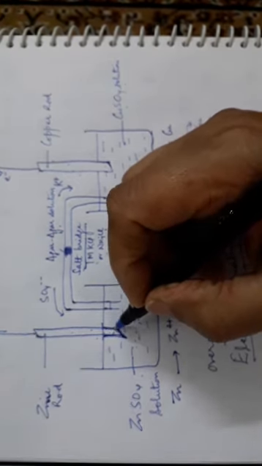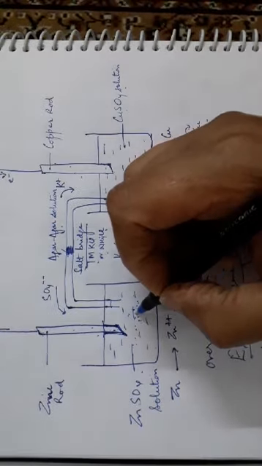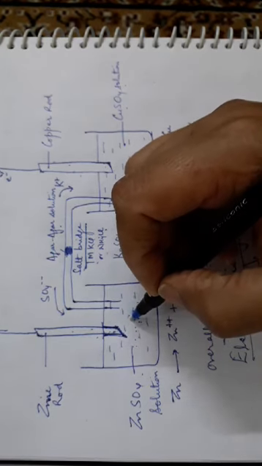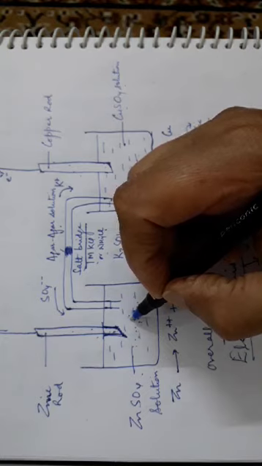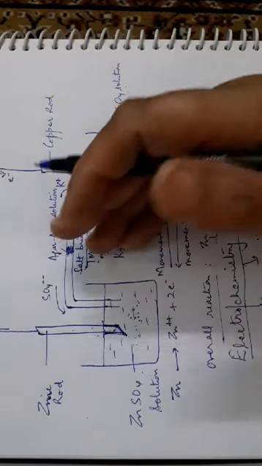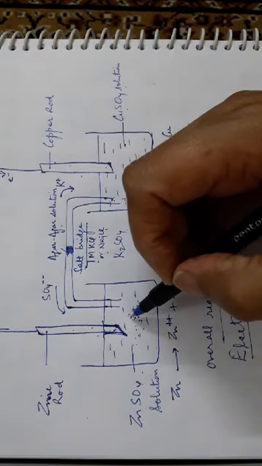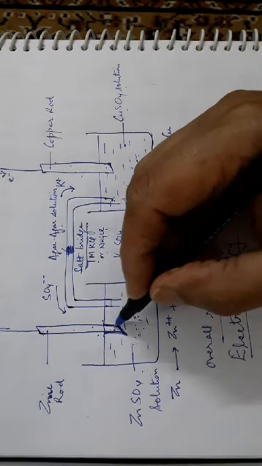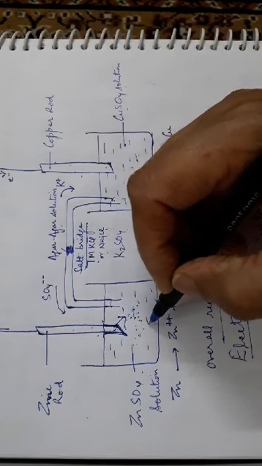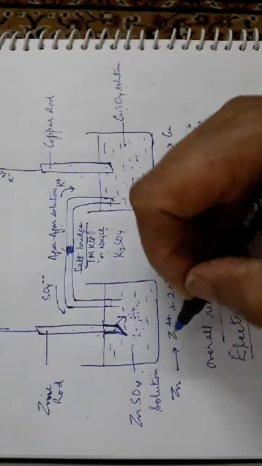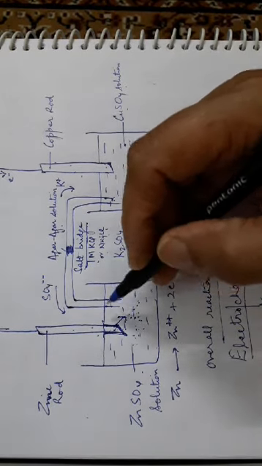So what happens here? The metal is trying to go into the solution. From the solution, ions are trying to come into the metal. Both reactions have a tendency, but whichever is more prominent will actually take place. It means the tendency of the metal getting oxidized supersedes the reaction of ions getting reduced at the metal surface. As a result, at the interface, a potential difference, a separation of charge, is developed.